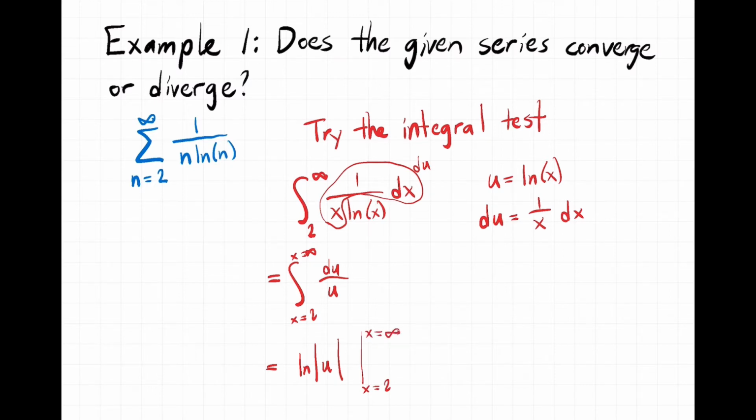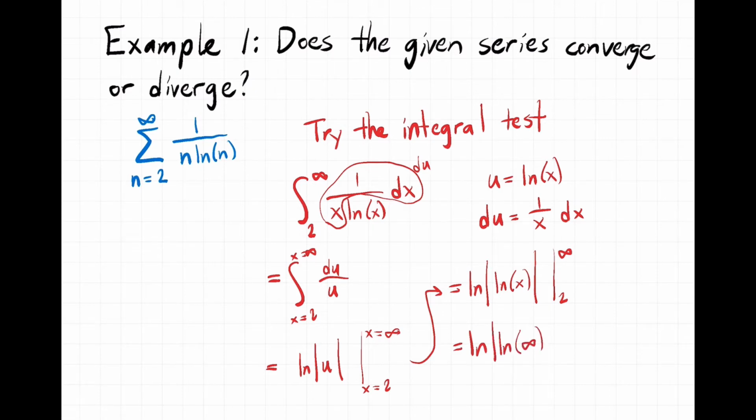And we will just plug in our u again. Let's come right up here. So plug in our u, we end up with the natural log of the absolute value of the natural log of x, going from 2 to infinity. Now, this is an improper integral, so by rights I ought to be taking a limit in order to work out what happens with that upper bound here. But I'm just going to fudge it a little bit. We can get away with this. This is the natural log of